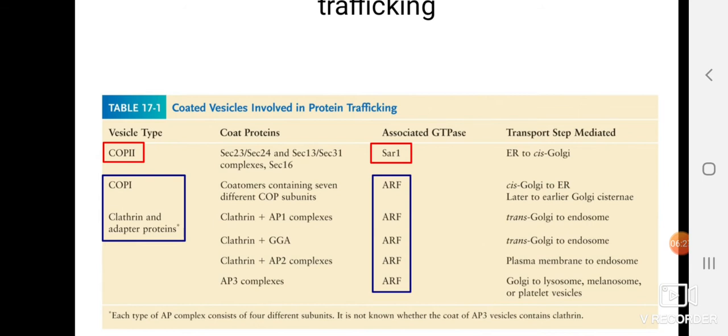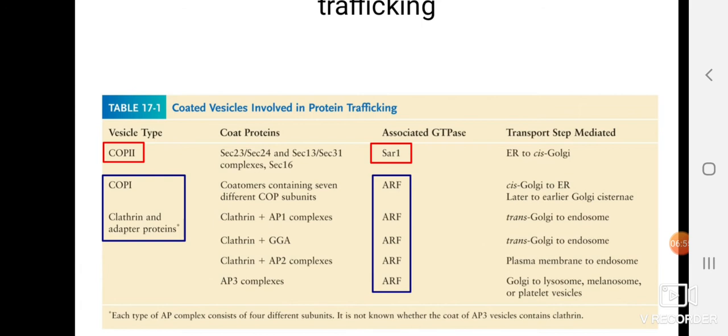And for all this process of formation of vesicle, or in other words the coating of vesicle, it requires the energy which is provided by the GTPase activity of a set of proteins called GTPase proteins. And in case of COP2, the GTPase activity is done by SAR1, and in case of COP1 and clathrin,